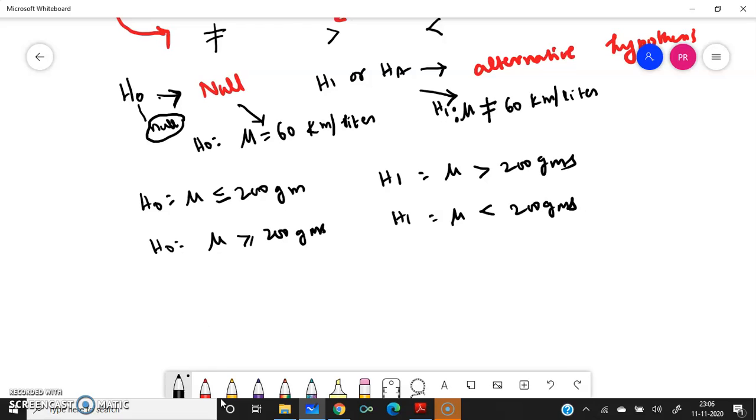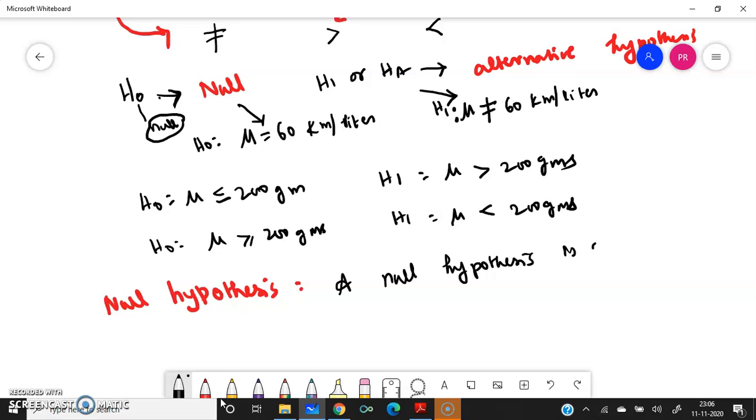Ultimately we come to the definition of null hypothesis, which is given by Professor R.A. Fisher. Null hypothesis is a hypothesis which